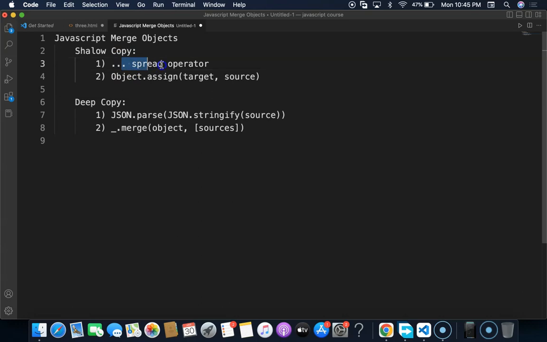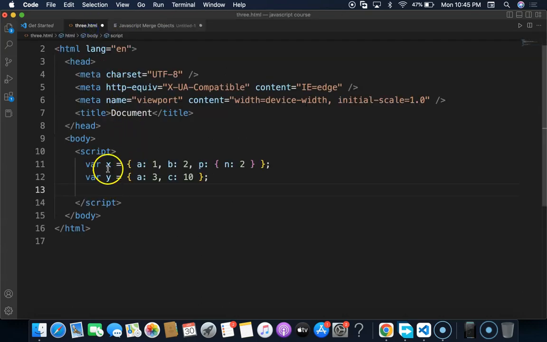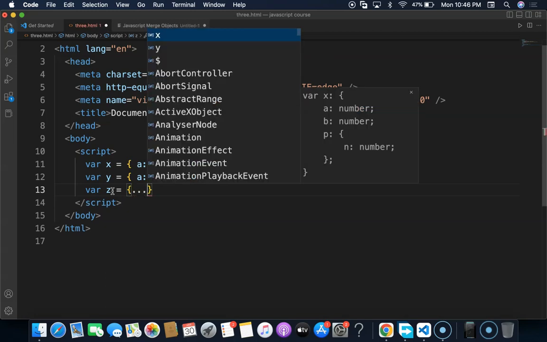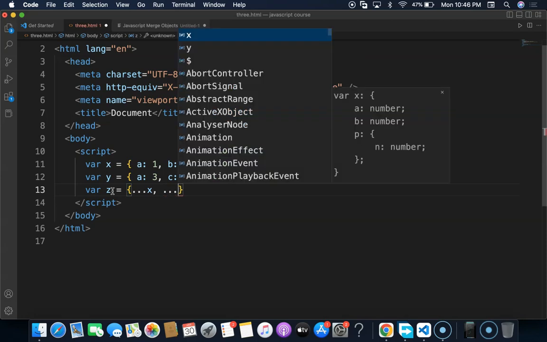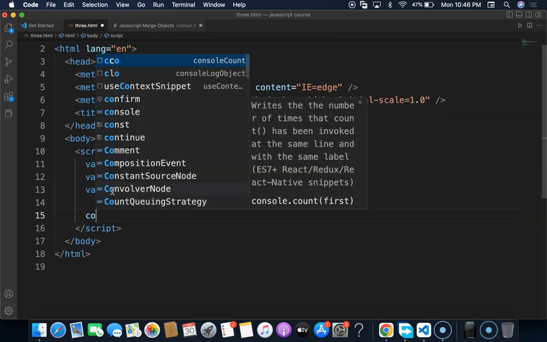We can use the spread operator to merge objects. Let's suppose we have two objects here, X and Y. What we can do is use the spread operator like this: triple dots and then Y. Now if we check it,